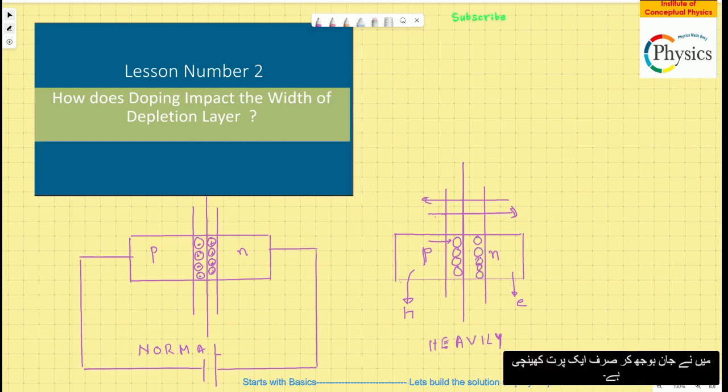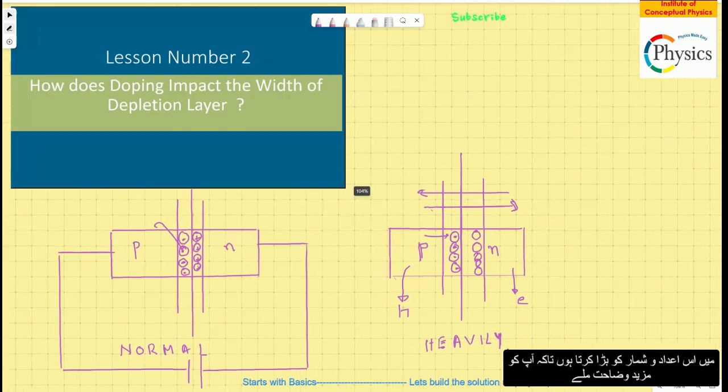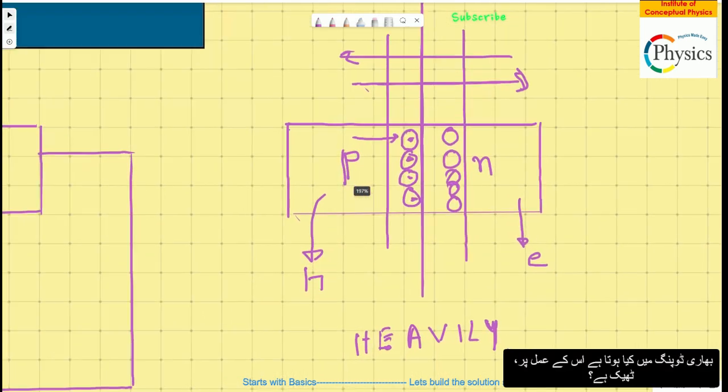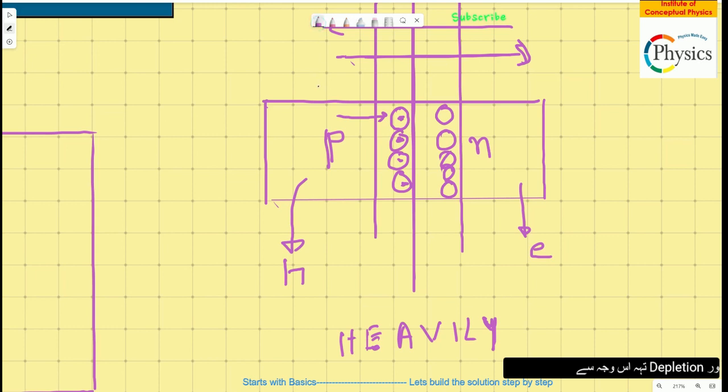This is what happens. I have deliberately drawn only one layer of immobile ions, to save time, but you could have multiple layers. Now what happens is, since there are too many holes, the moment a negative ion is created, right, a hole comes in. Let me enlarge this figure so that you get more clarity on the process of what happens in heavy doping. Okay, so in the case of heavy doping, when the hole approaches the depletion layer,